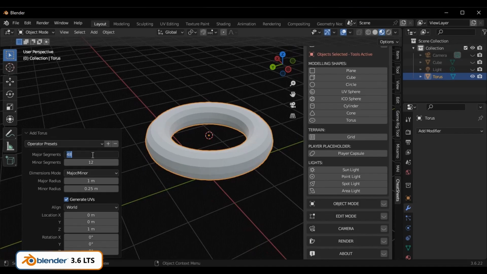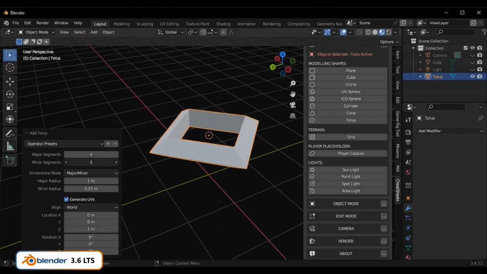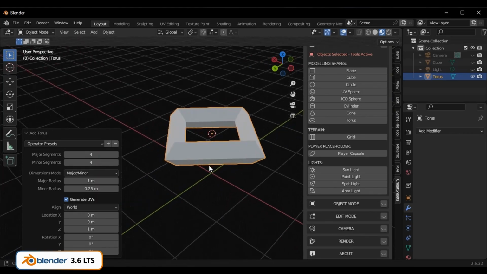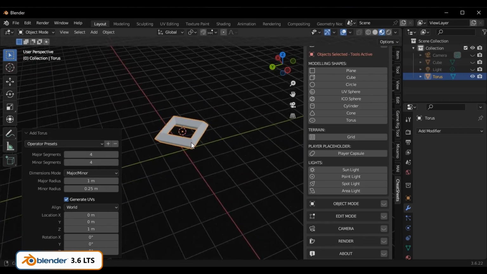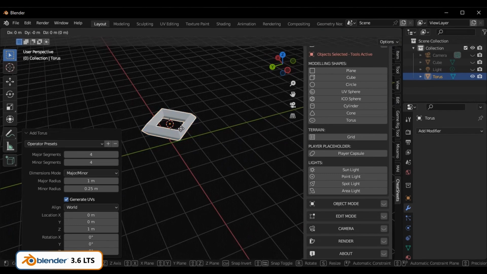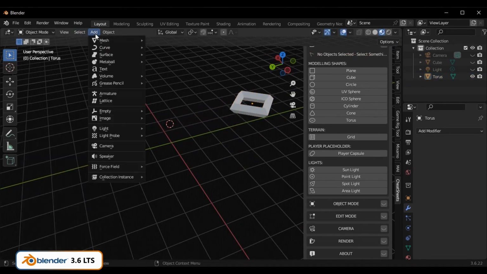Even when you knock this down to 4 faces, it doesn't give you quite what you're looking for. There's 3, there's 4. The kind of 4 faces that I'm looking for, if I had to show you that quickly, I'm just going to grab that, move that along the Y so it's out the way, come back here,